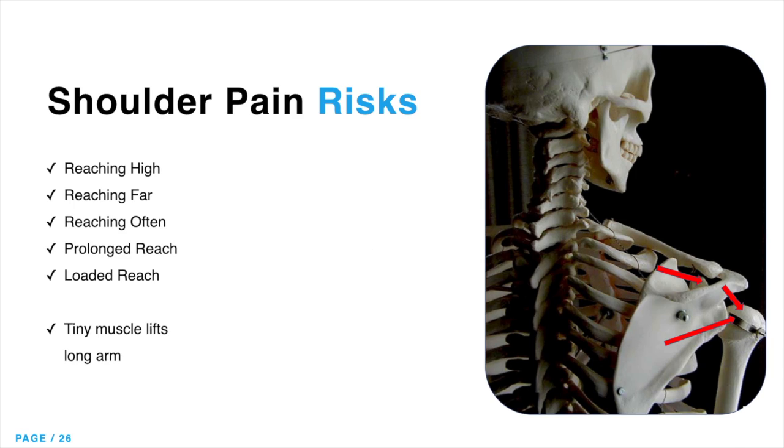They are surrounded by bones that can rub on them. These bones can grow bone spurs that can irritate and damage the tendons. The shoulder is vulnerable to sprains, degeneration, tears, and impingement between bony edges. Rotator cuff muscles that lift the arm for reaching are very short muscles, only 3 to 4 inches long, lifting a very long and very heavy arm.